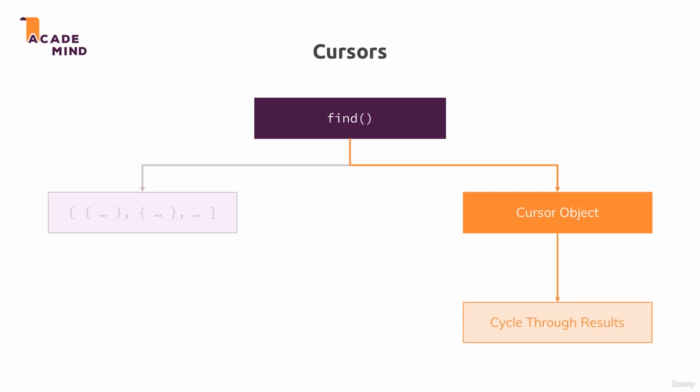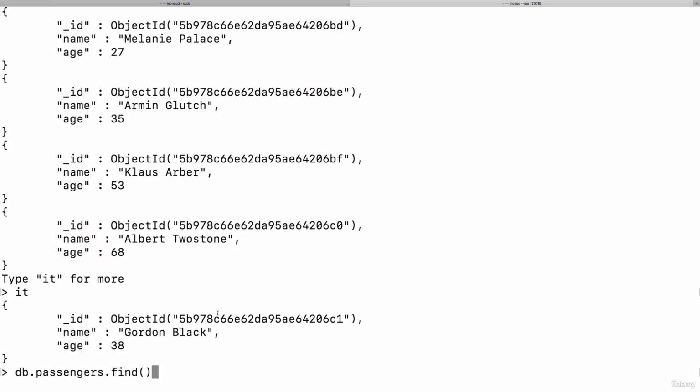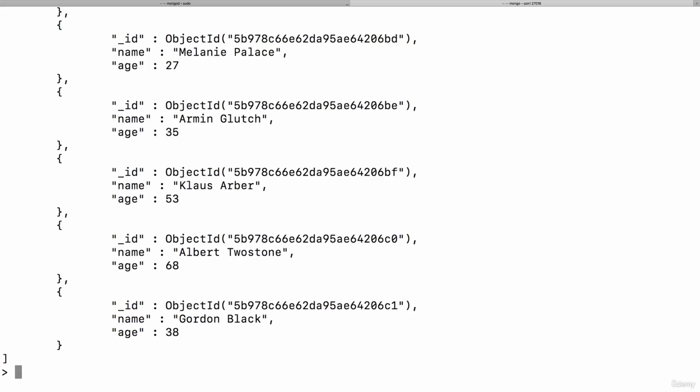And that is what that "it" command did. It basically used that cursor to fetch the next bunch of data. So find here really just gives us back that cursor. And we can actually see that by using some other methods here. For example, there is toArray. If you execute this, now you see Gordon Black as the last element, and now there is no type "it" to see more,